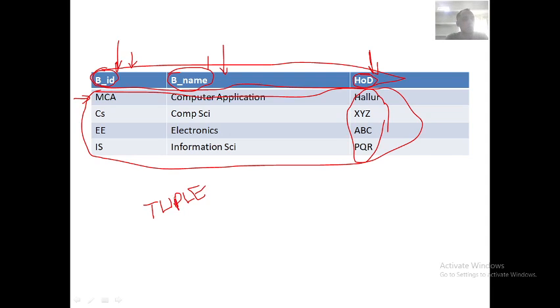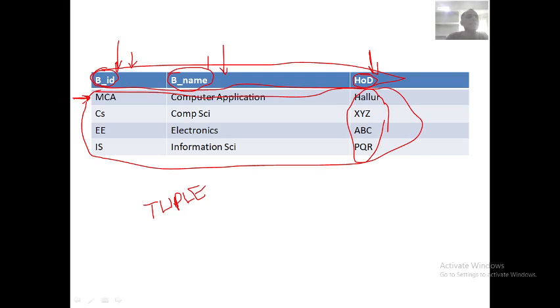This is the first row, also called a tuple, or one record. It is one record of the MCA department. Its ID is there, its name is there, and who is the HOD of that. All the information related to a particular branch, the MCA branch.